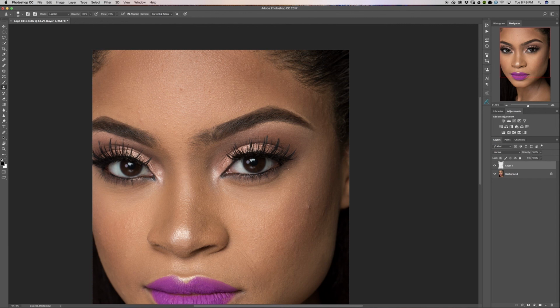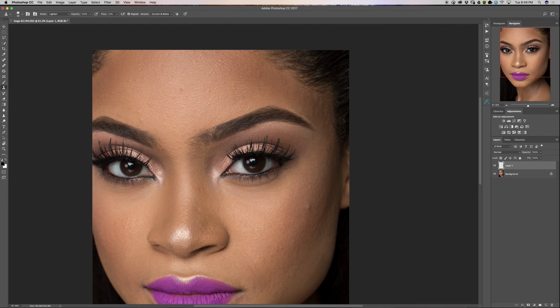And because I'm using a clone stamp, I won't really get that blemish look, that blurred look when I get close to the edges that I would with the healing brush. I know there are ways to do it with the healing brush, but for me, I think the clone stamp is just easier to use when you get close to the edges and things like that. And the clone stamp is good, especially if you're retouching hair, which I normally try to stay away from because hair is a nightmare. Using the blending modes will help you alleviate some of the problems that you may have